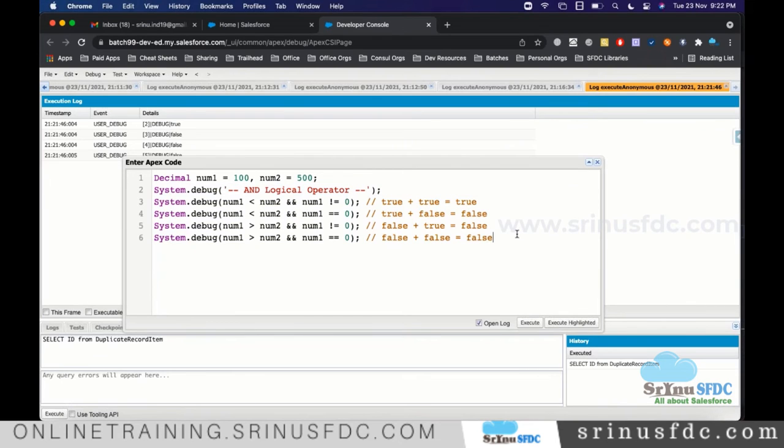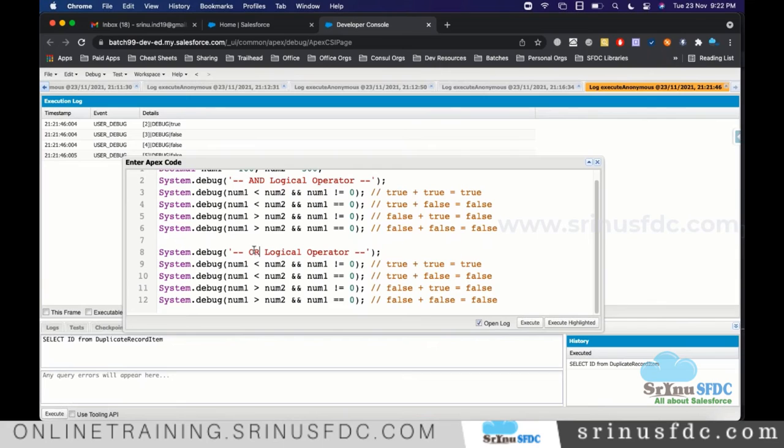Okay. So now the same thing I am copying and pasting. This time, we deal with the OR logical operator, so all these things I am replacing with OR. Also, it is more meaningful if you give it like this, so that we can easily understand. Here, with AND, both should be true, then only it will be true.